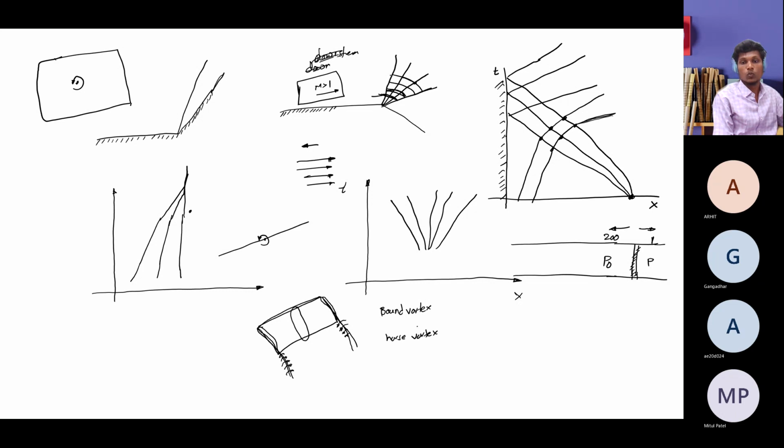So this is the horseshoe vortex as a secondary modeling. The primary idea is to model the bound vortex only, and this represents your trailing vortices. If it is not clear for you, let me know. I will try to help you. Okay. Any other question? Any other person here, or if you have any other queries?